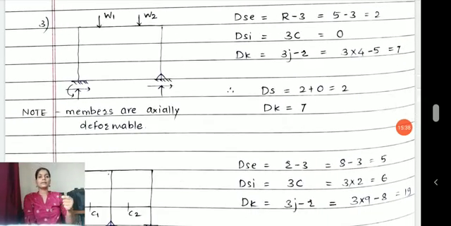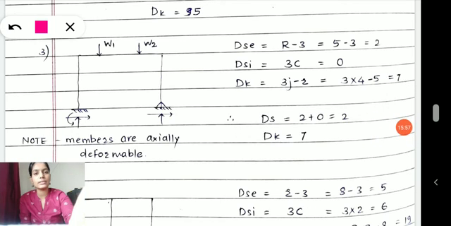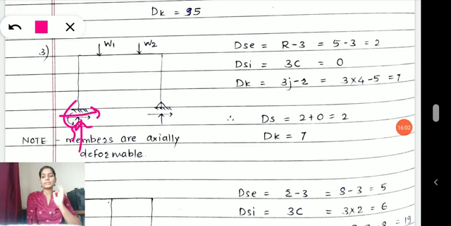Now I have the next frame structure here. We earlier solved trusses, one rectangular and one triangular. Now I am solving for frames. In this we will go for the reactions first. Here is a fixed support, therefore how many reactions will there be? 3 reactions, because at a fixed support we don't allow the member to move in vertical, horizontal and rotatory directions. If 3 movements are not allowed, 3 reactions develop, and therefore at the fixed support we have shown 3 reactions.